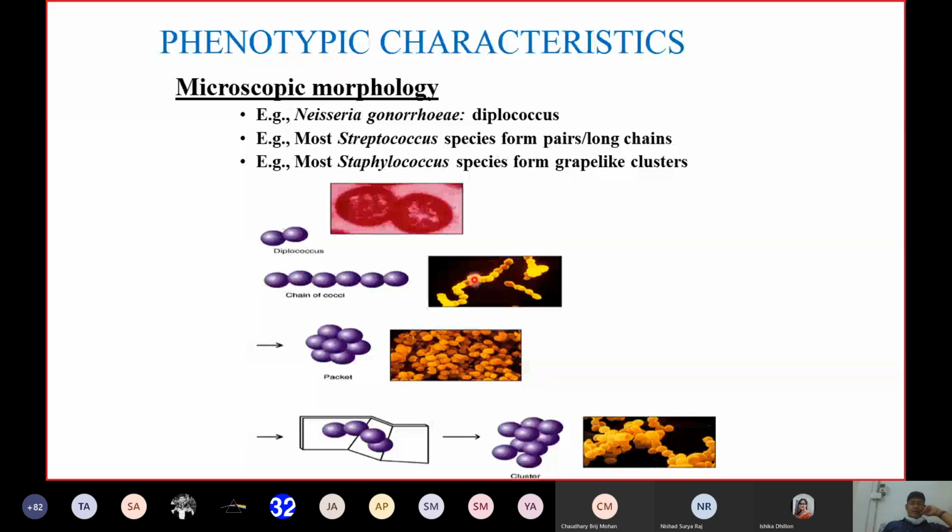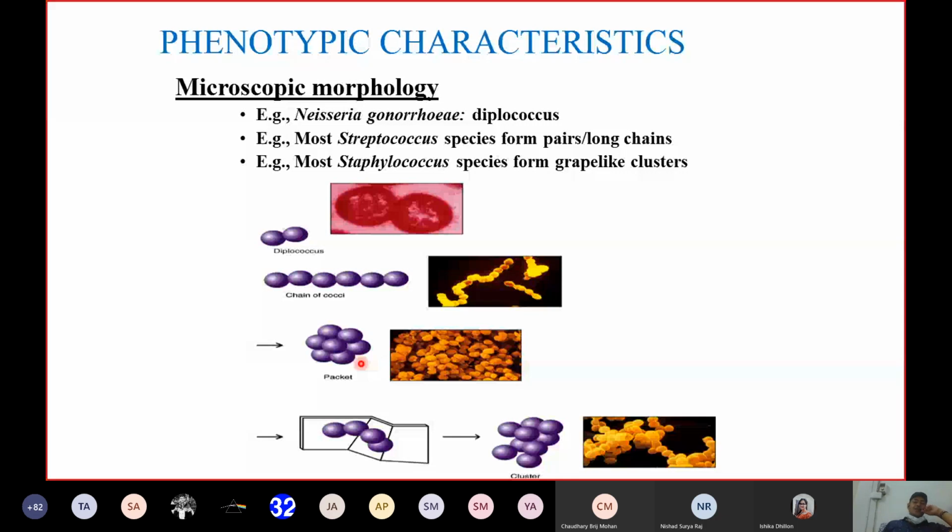Similarly, sometimes we can see Gram positive cocci in chains. Then it could be Streptococcus salivarius, Streptococcus mutans, or beta hemolytic streptococci. Sometimes we may see Gram positive cocci in a short chain, or predominantly in pairs. Then it could be Streptococcus pneumoniae, or it could be enterococci. Similarly, shape is also different for enterococci and Streptococcus pneumoniae. If they are Gram positive and in clusters, then it may be Staphylococcus aureus. Sometimes they might be in a cluster of 8.